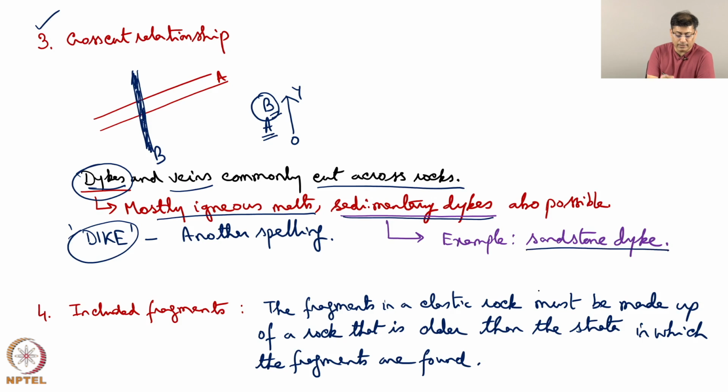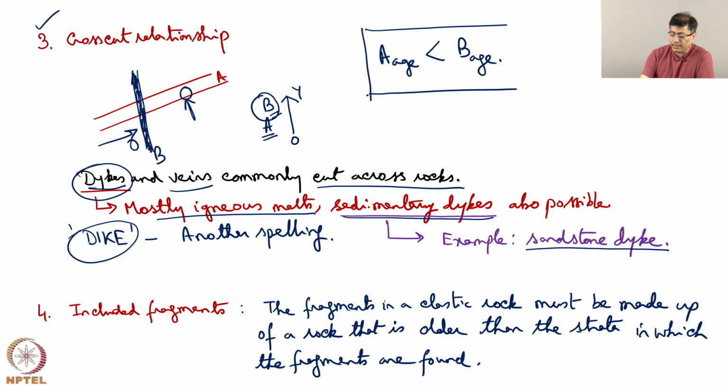Suppose you can clearly see such a relationship in the field, one rock cutting another rock, and you pick up a sample from A and you pick up a sample from B, and you take them to the laboratory and you find that the age of A is less than the age of B. Over this age that is found by mass spectrometer by some specific dating technique and a simple field geological observation such as this, we will rely on the observation, we will question this age.